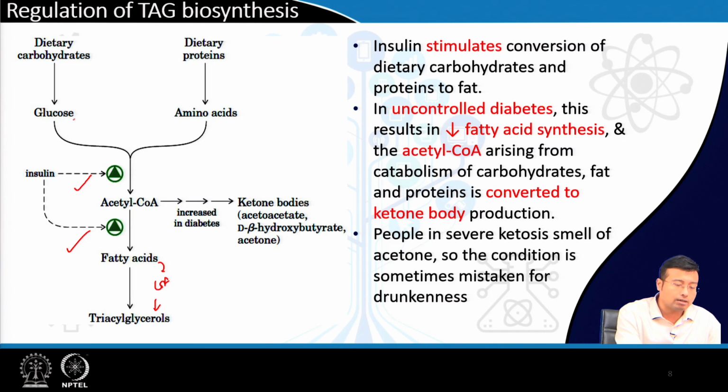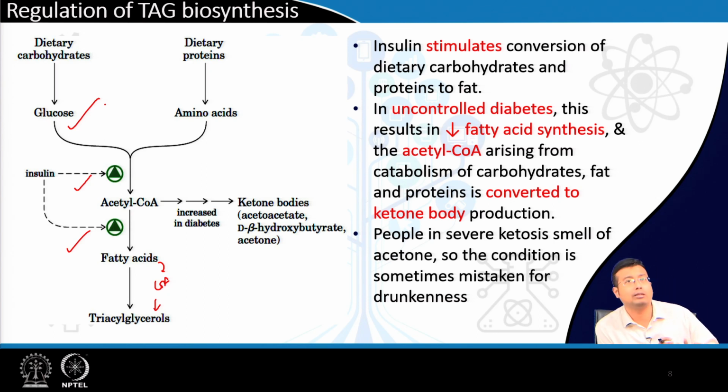Now you should know where we are getting acetyl CoA from. We can get acetyl CoA from multiple sources, okay. We can get it from our diet, glucose, pyruvate to acetyl CoA, as well as from multiple non-carbohydrate sources that can be converted via glucogenic amino acids to acetyl coenzyme A, that is the process of gluconeogenesis. Now this whole thing is jeopardized in diabetes mellitus, where insulin is absolutely low or insulin is non acting. In that case what happens, this acetyl coenzyme A cannot be directed towards fatty acid synthesis, it cannot be utilized, and ultimately everything is diverted towards ketone body synthesis,